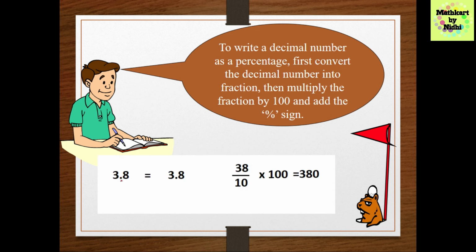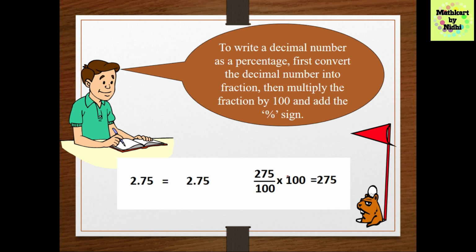So how we have done it, it is 3.8. Okay, we have already discussed how to convert it. We can remove this decimal and below it we can write down 1 in place of the decimal. And how many digits are there? There is only one digit, so I have marked only 10 over here. So now this has become 38 upon 10. Then simply we will follow the same procedure. 38 multiplied by 10 is 380. And don't forget to put the percentage sign. So this is the answer for this: 380 percentage.